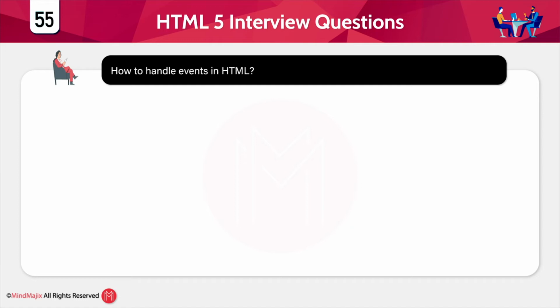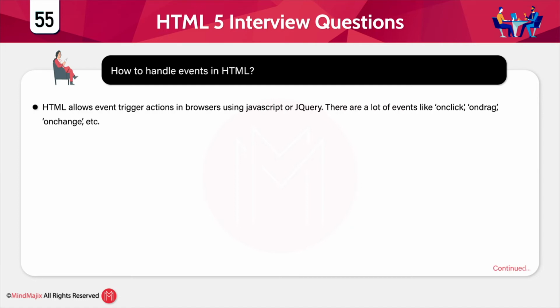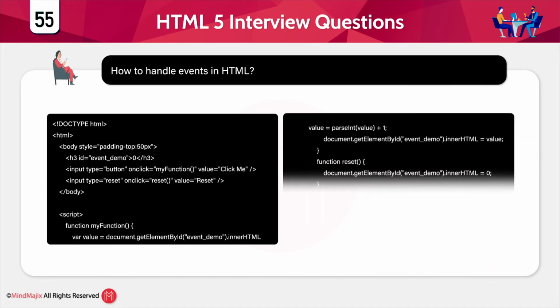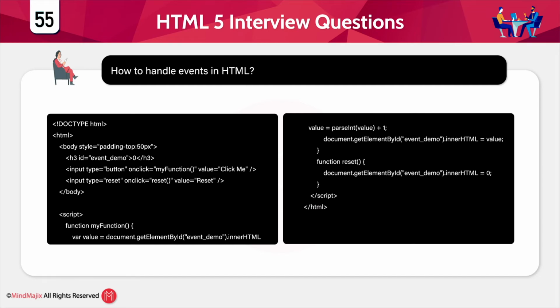How do we handle events in HTML? We can use event handling code with the script tag. The script tag contains some events. Using script means we can include JavaScript code for performing event handling. When you click on something, some event should be performed, so for that sake we use the script tag. Within the script, a function can be defined, and that function can be called.